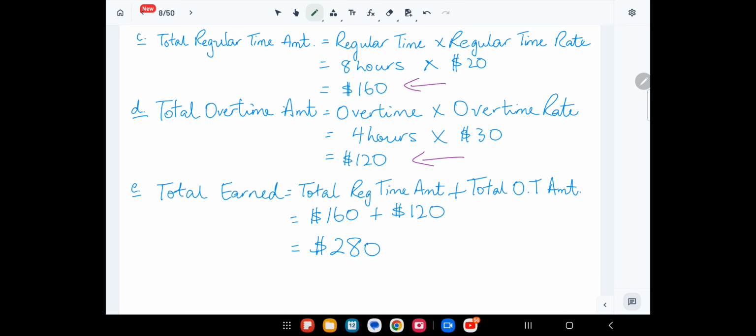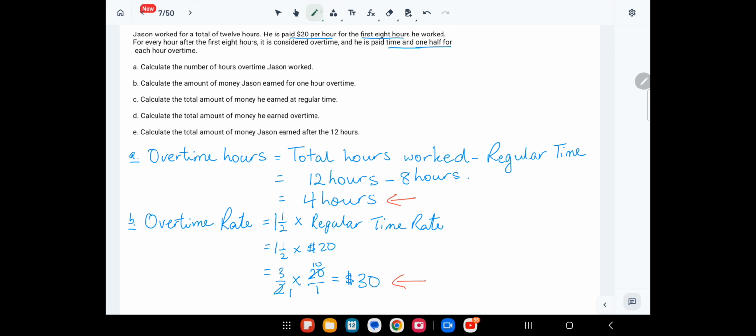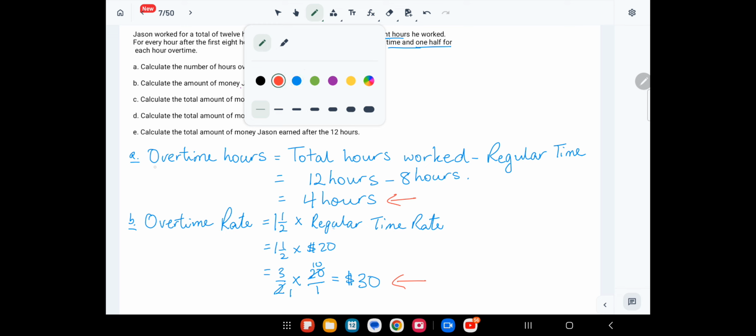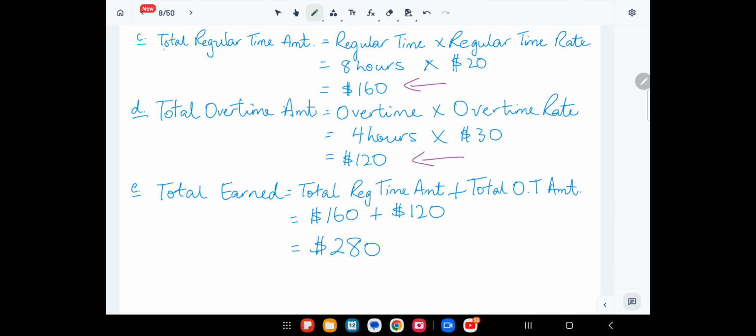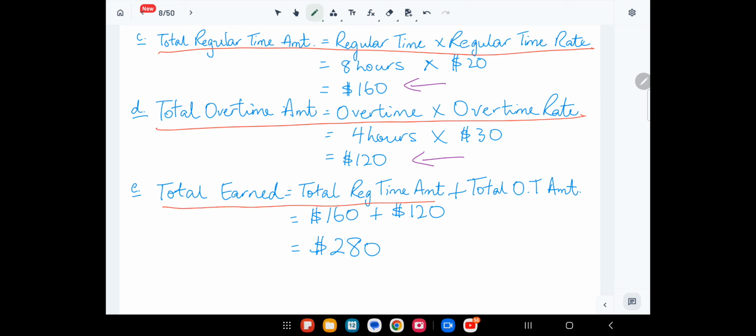So again, just to recap, wages deals with overtime, regular time rate, overtime rate. It deals with how much money you earn over a given period of time that you worked. All right. So if you all want to get any formula, I'll underline in red here. What are some of the key formula that you need to remember? All right, and you can manipulate these formula now to solve